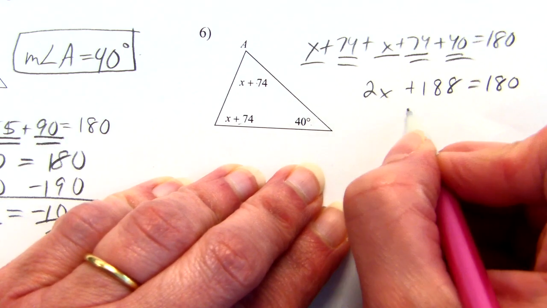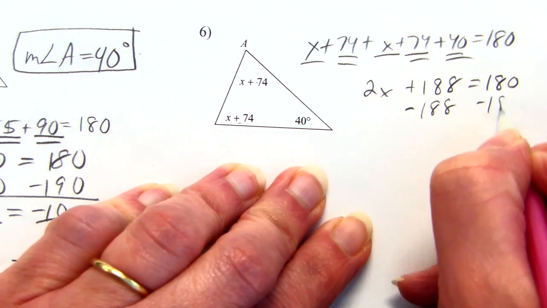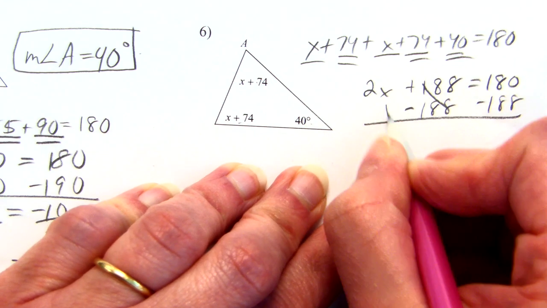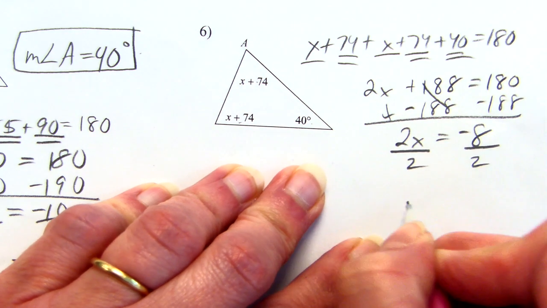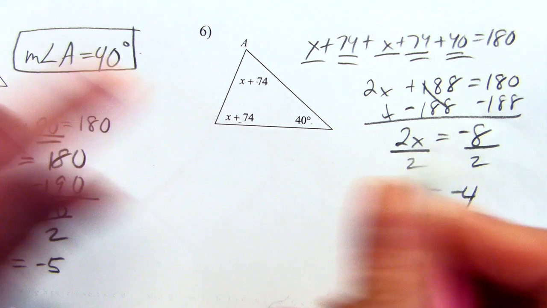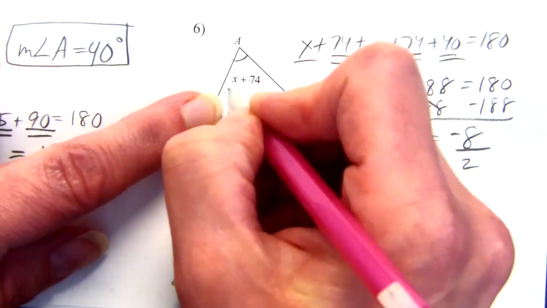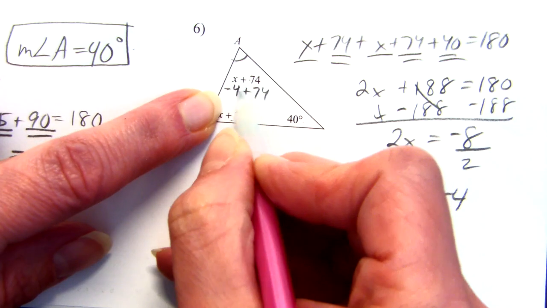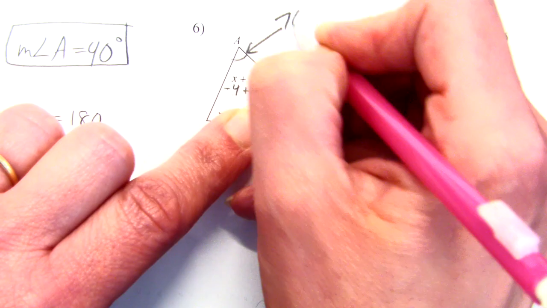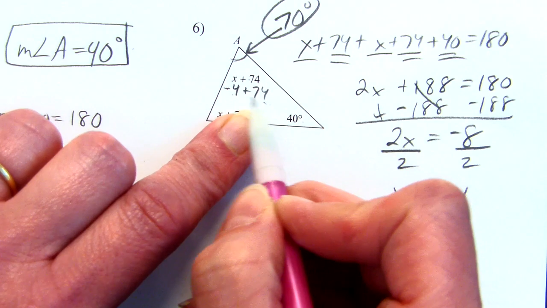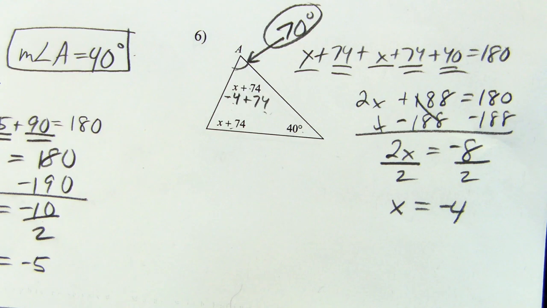Now we have a two-step equation, so we're going to try to isolate the term with the x in it by subtracting this 188 from both sides. Bring down the 2x, and this is going to equal negative 8. Divide by 2, we find out that x is negative 4. So here's my angle A. I'm going to put negative 4 in for x, so I'll have negative 4 plus 74, which means that this angle is 70 degrees. It's just like taking 74 minus 4. So if you know that the angles add up to 180 degrees, you can set it up in an equation to figure out x, and then you can use that to find